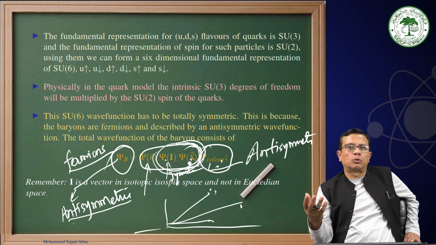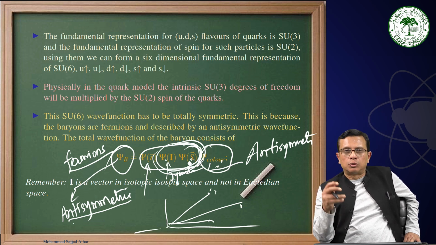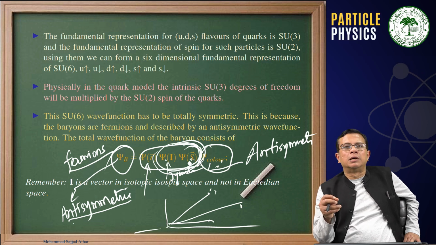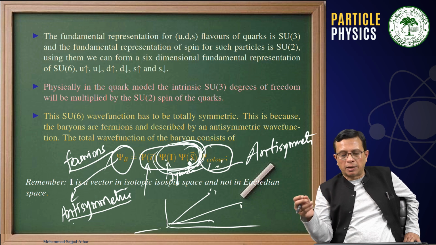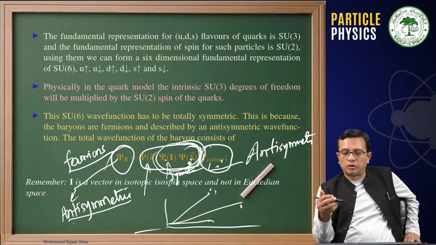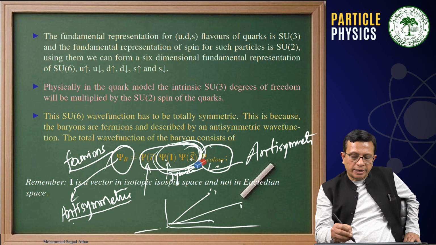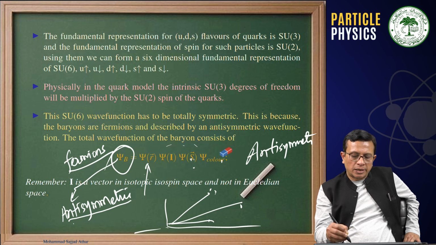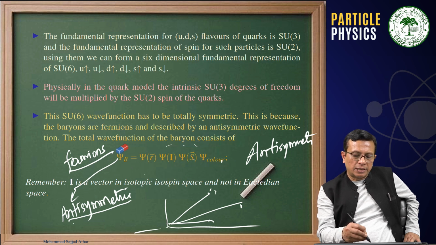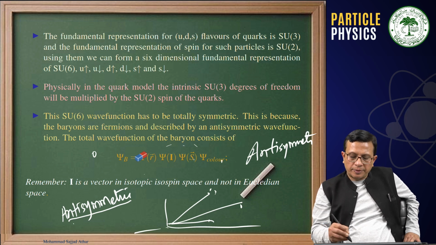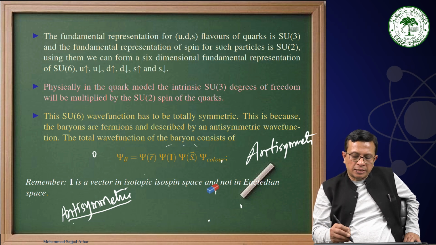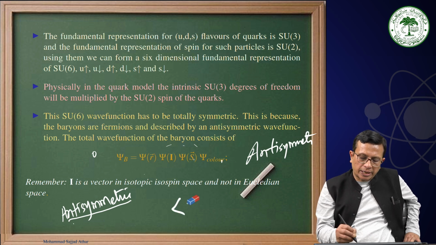This is what we are going to build to obtain the charge of the protons or mesons, or the magnetic moment of the baryons and the mesons, etc. Therefore, to us, the important point is that we have to obtain the total wave function psi b. And what I am telling you is why we need this total wave function: this is because in quantum mechanics